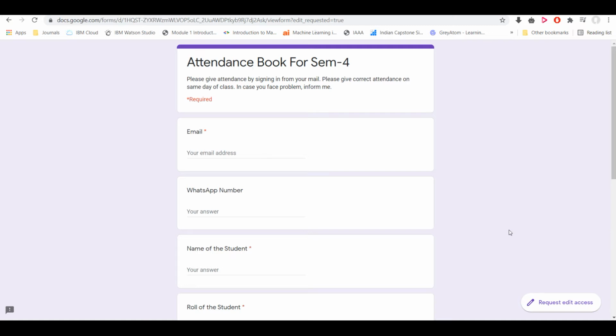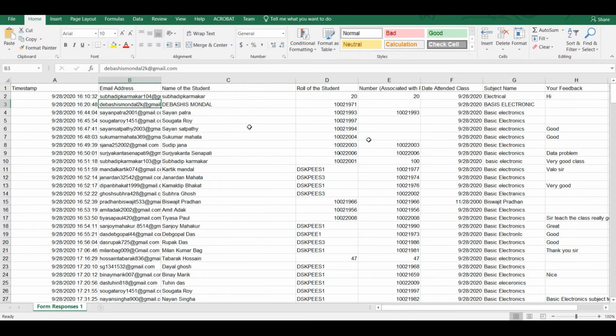So this is a Google form by which we are taking the attendance from the class students. After taking the attendance, we now have an attendance response sheet like this one. Here are the names of the students and the date attended class, where they have put the dates on which they have attended the class.